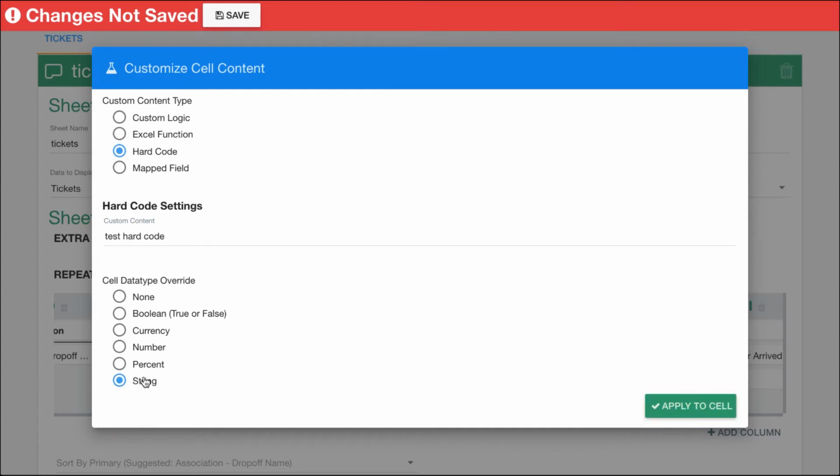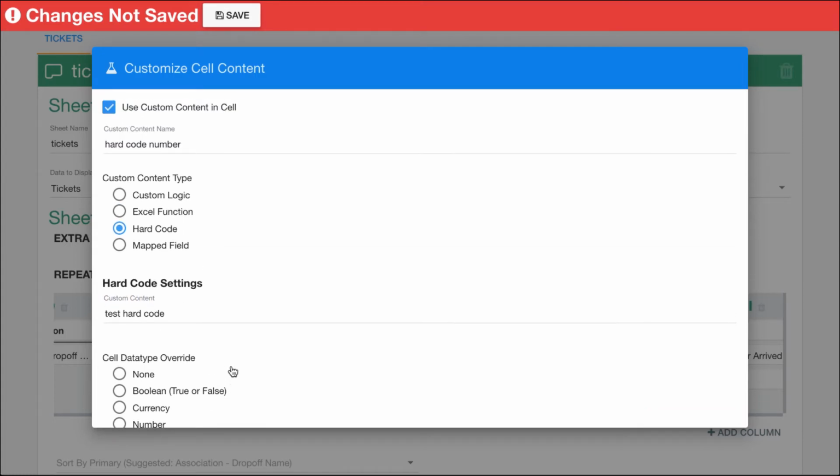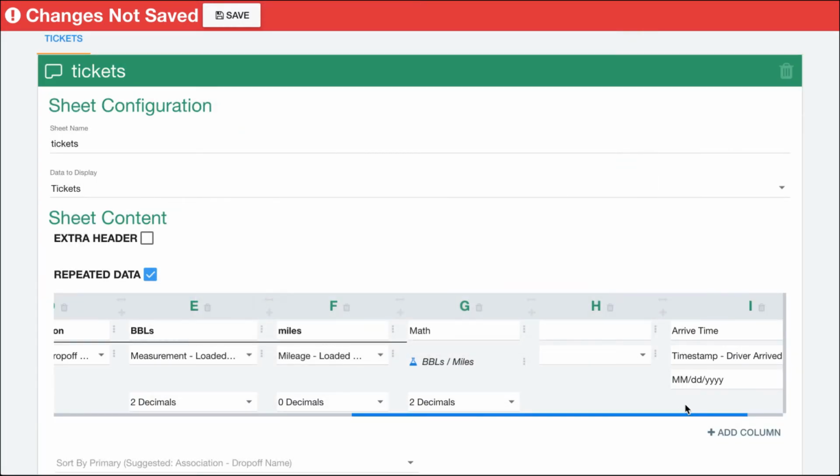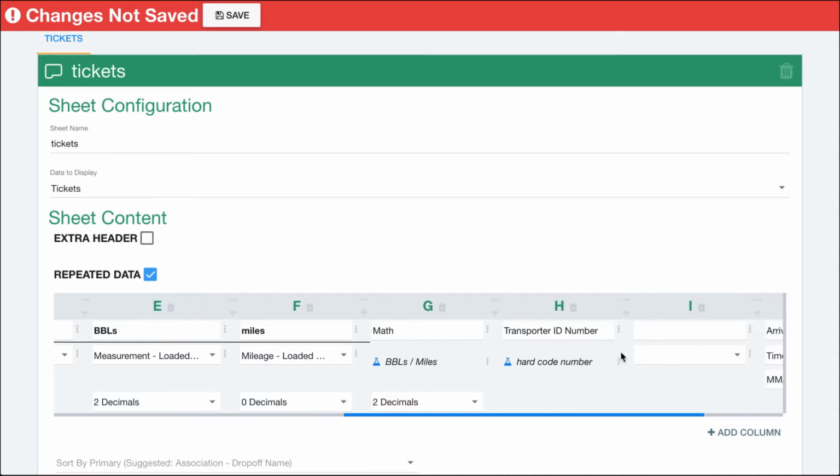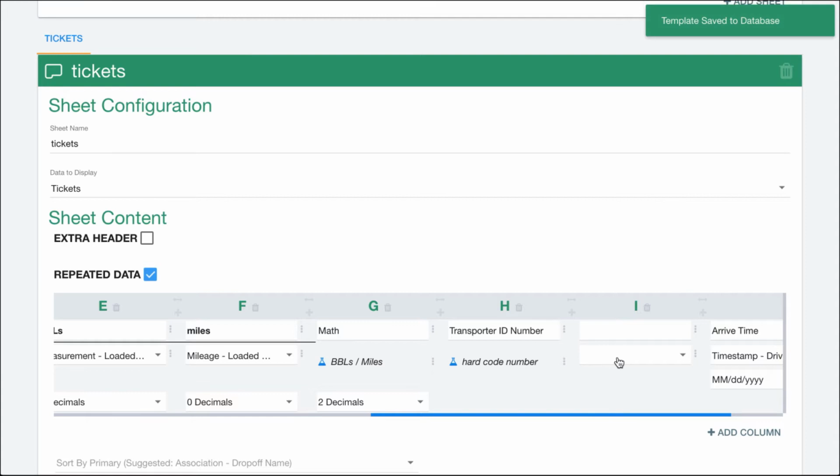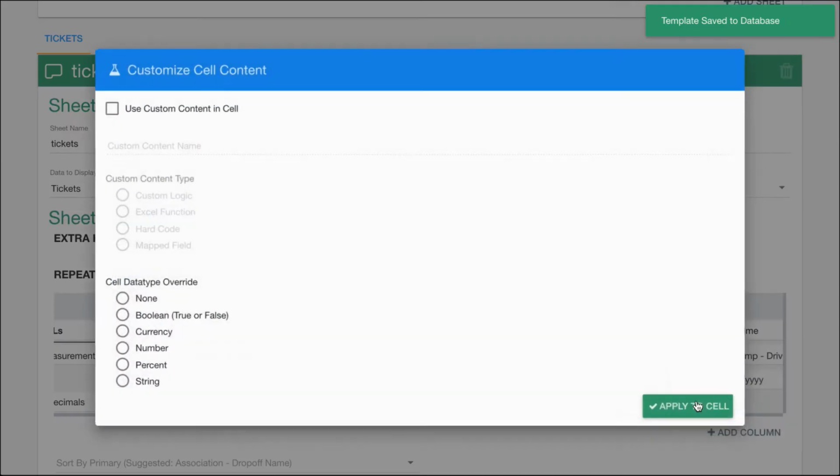String is just letters. So let's go ahead and put that in there. That's pretty straightforward. We'll call this transporter ID number. So let's go ahead and create a new column right here. I'm going to save some of these changes, and we're going to do some more custom cell